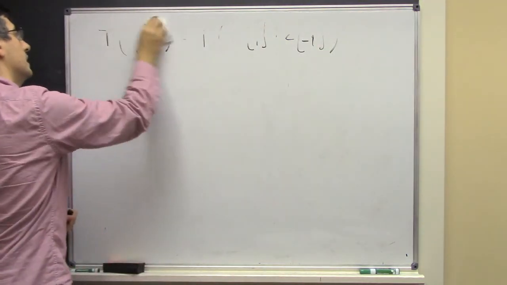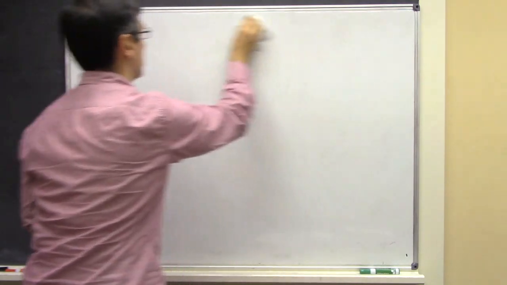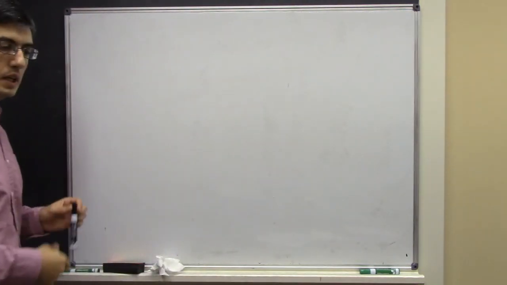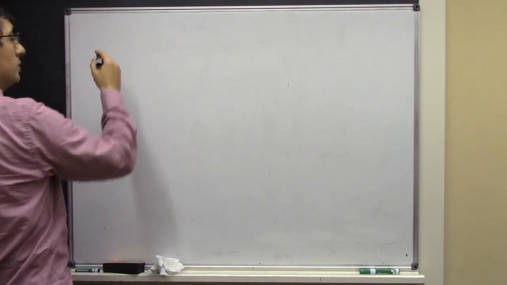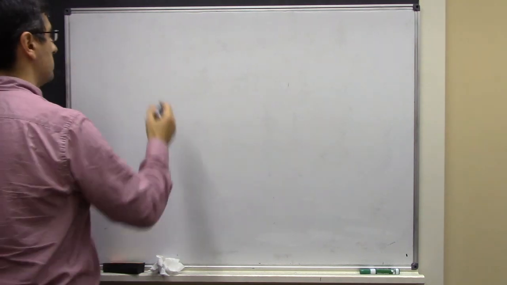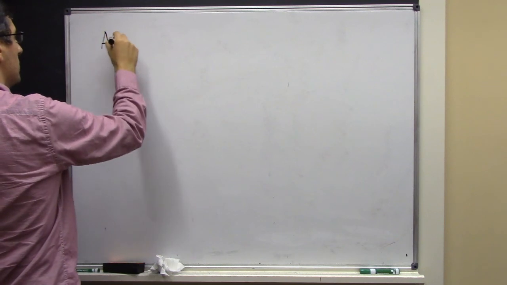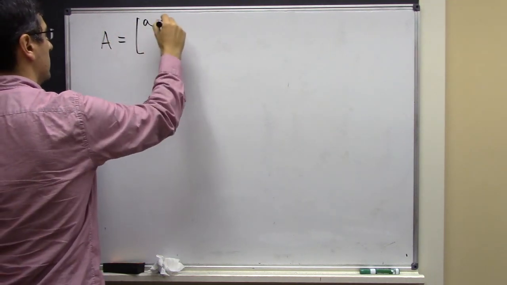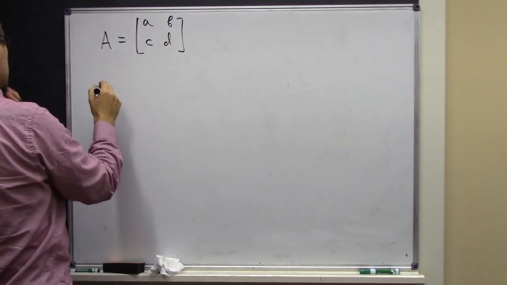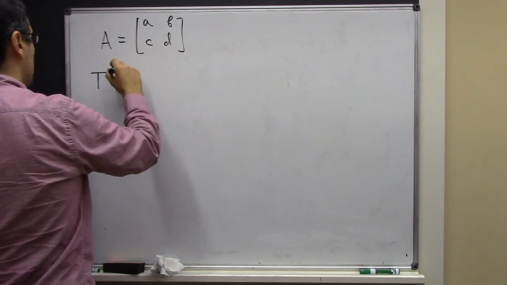You can stop watching if you want at this point. But how do you find the matrix that corresponds to T? If you know the values on these two vectors, how do you find the matrix itself? Well, suppose your matrix is some hypothetical A, B, C, D. What you know is that T of